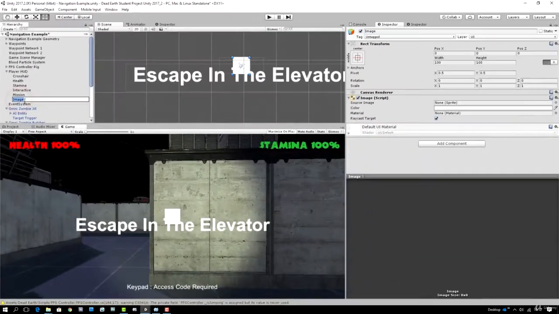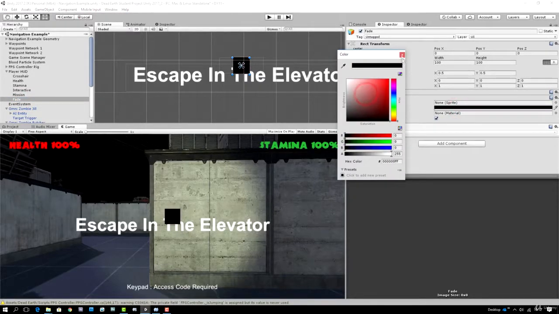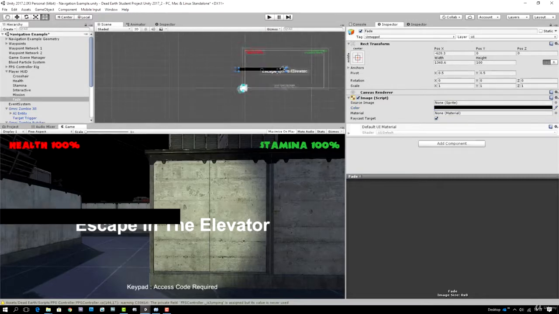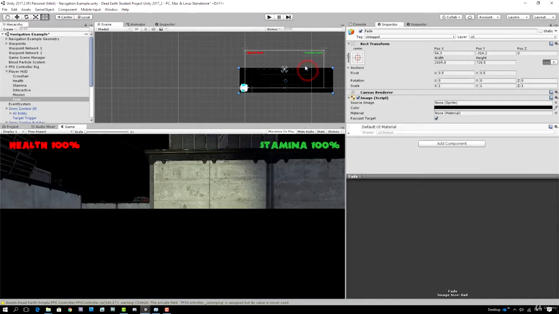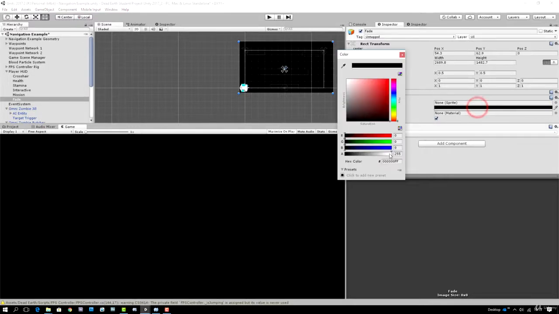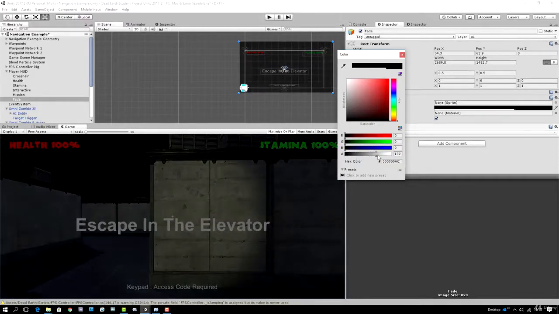I'm going to rename this Fade. I'm then going to set this color to black. I'm then going to zoom out and increase its size so it consumes the entire UI. Doesn't look that pretty at the moment, does it? The great thing about the image component though is that we can set the color via script. So in a coroutine, we can simply set the alpha of this image from 0 to 1 to cause fade-ins